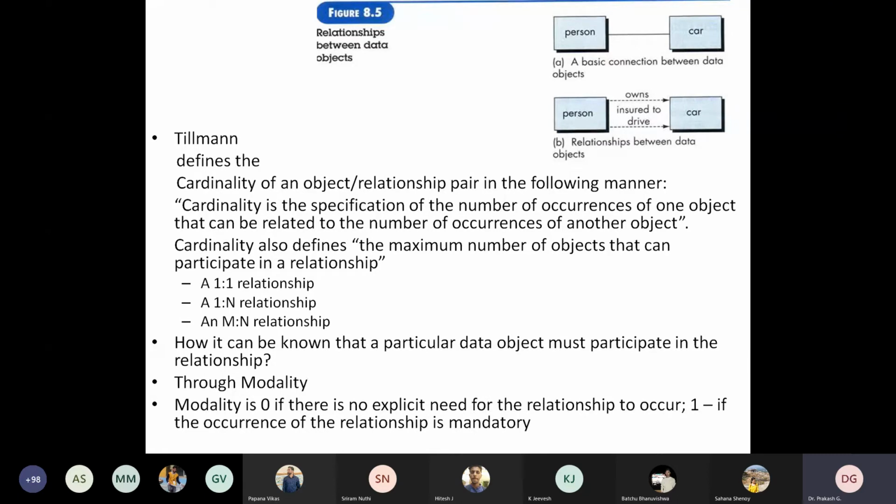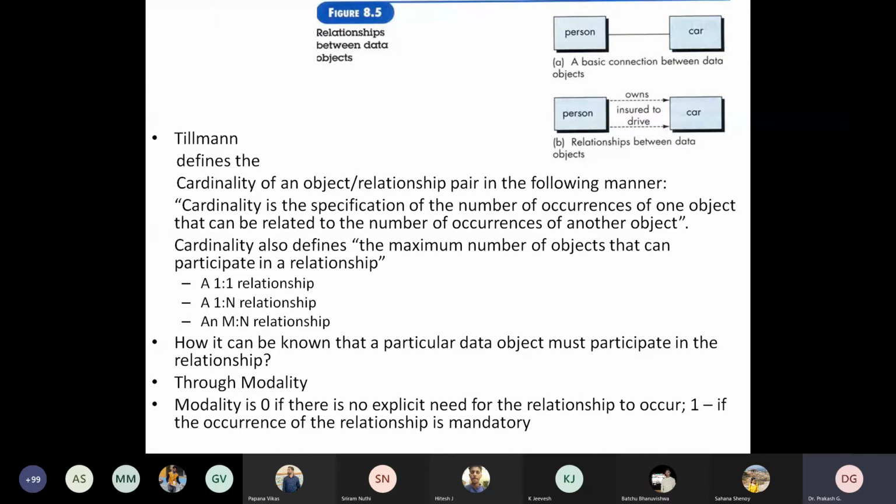Now, based on these two data objects, can you define whether the two objects, person and car, can be established with a one-to-one relationship? Before that you should know there are types of relationship under the cardinality details: one-to-one relationship, one-to-n relationship, and m-to-n relationship. I think you are all aware of these details earlier, I'm just refreshing it.